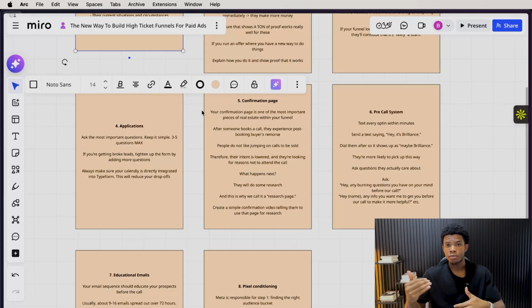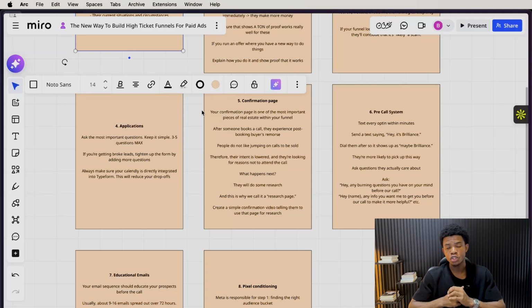So what happens if this doesn't work? How long is it going to take before I get results? What are the best case scenarios here? What is also the worst case scenario? How bad can I get messed up, essentially, right? So after your prospect books a call, just make sure you frame it as a research page, not a confirmation page, not confirm your call. Use this page to do your due diligence and your research on a company. That's what you should be doing.